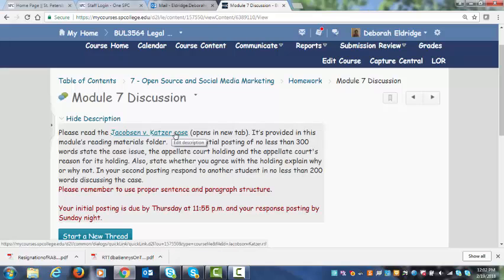Now, you're going to be looking at the Jacobson versus Katzer case, which should come up when you click on this link. Now, understand that that's a case that's going to talk about that open source and open source licensing. So pay attention to it. It's a little bit long, but it's a great case that introduces you to the issues that can arise when we're talking about open source programming, open source software issues, but really this is more of a programming case, contracts, copyright. When can you claim your copyright is breached or the contract is breached? And the Jacobson versus Katzer case talks about that.